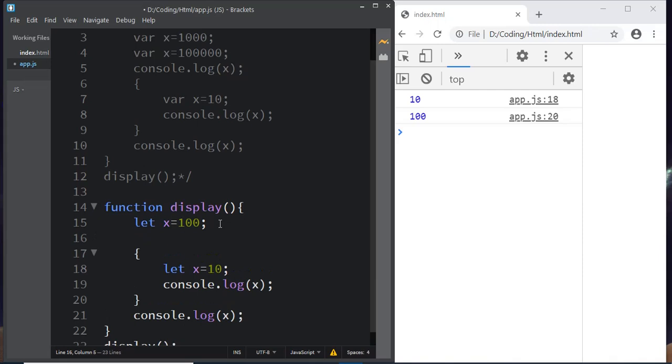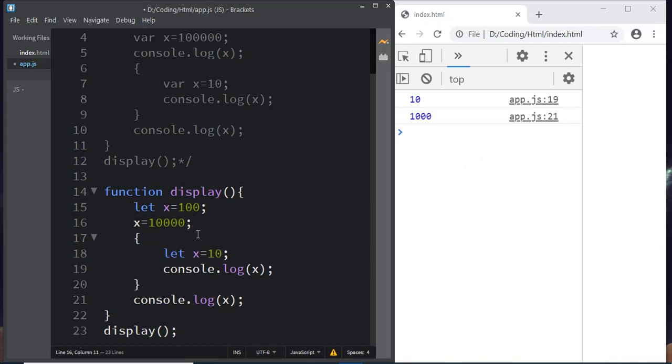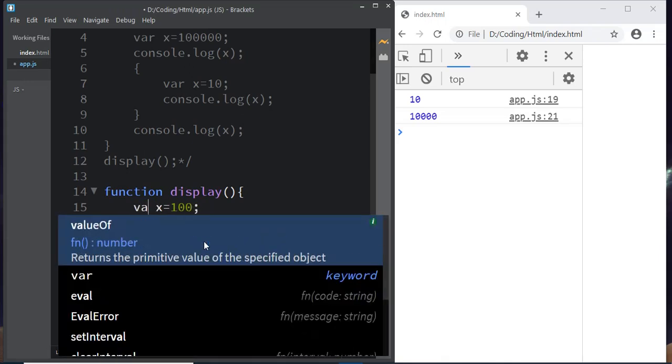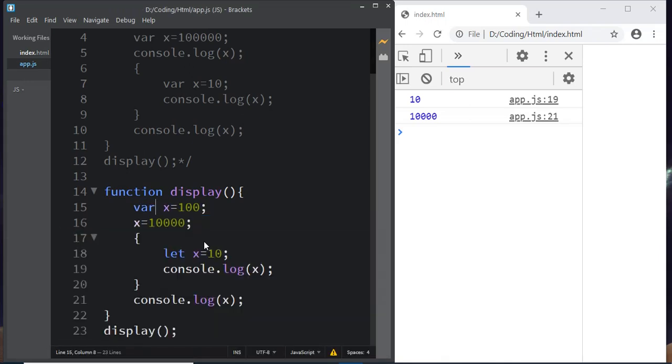One more important point is that using var and let we can reassign the value, like x is equal to 1000. Using let I can't redeclare the variable with the same name, but I can reassign the value. This is 1000 and you can see now this is 10,000. So I can reassign the value. In case of var also we can do the same, and it doesn't give any error. We'll see what const is and how it is different from var and let.